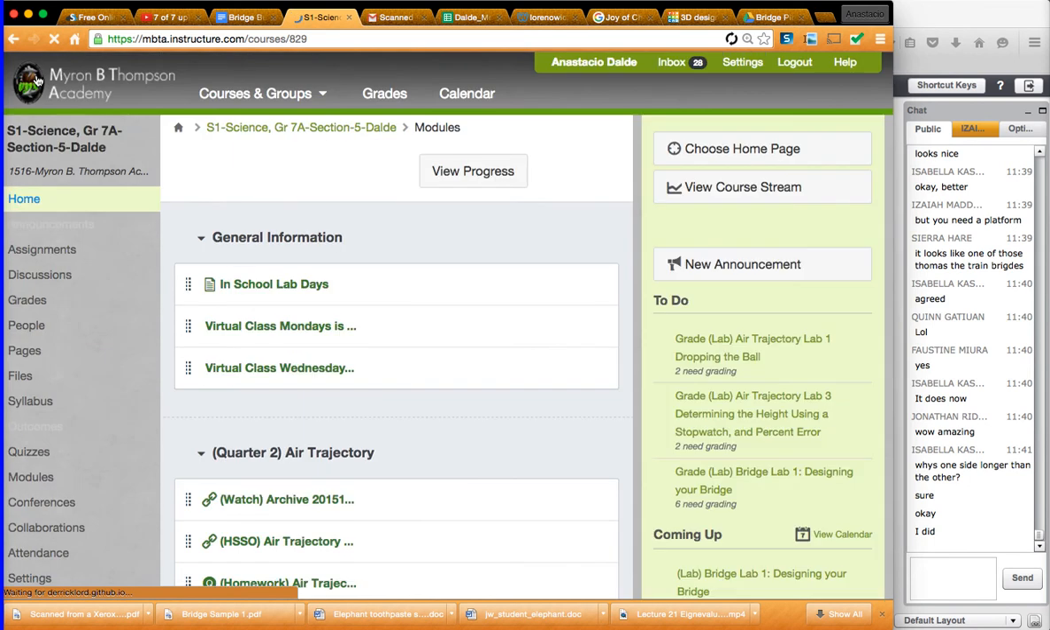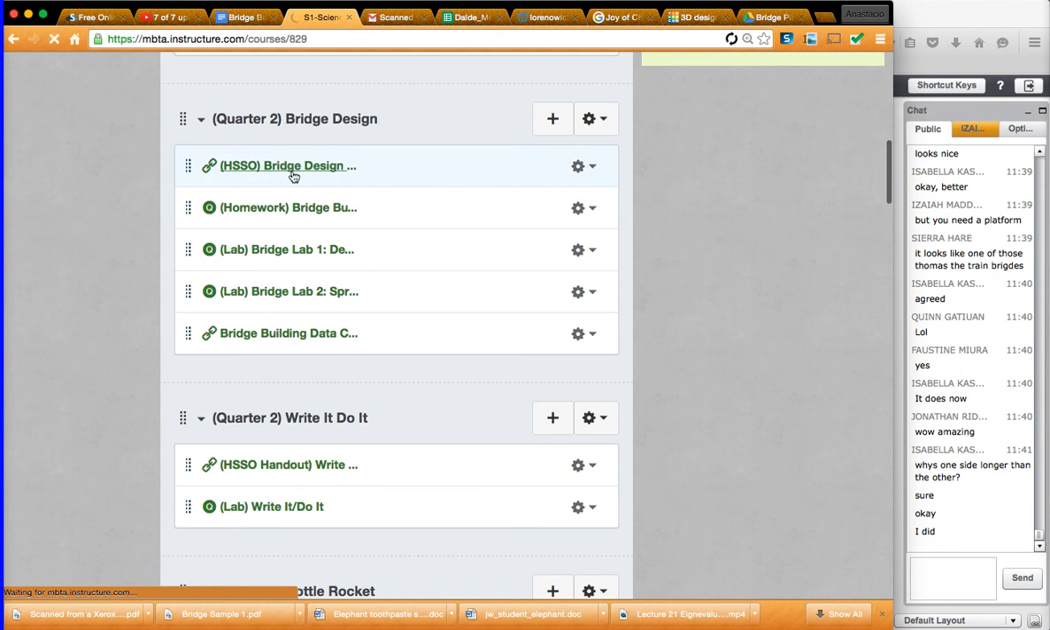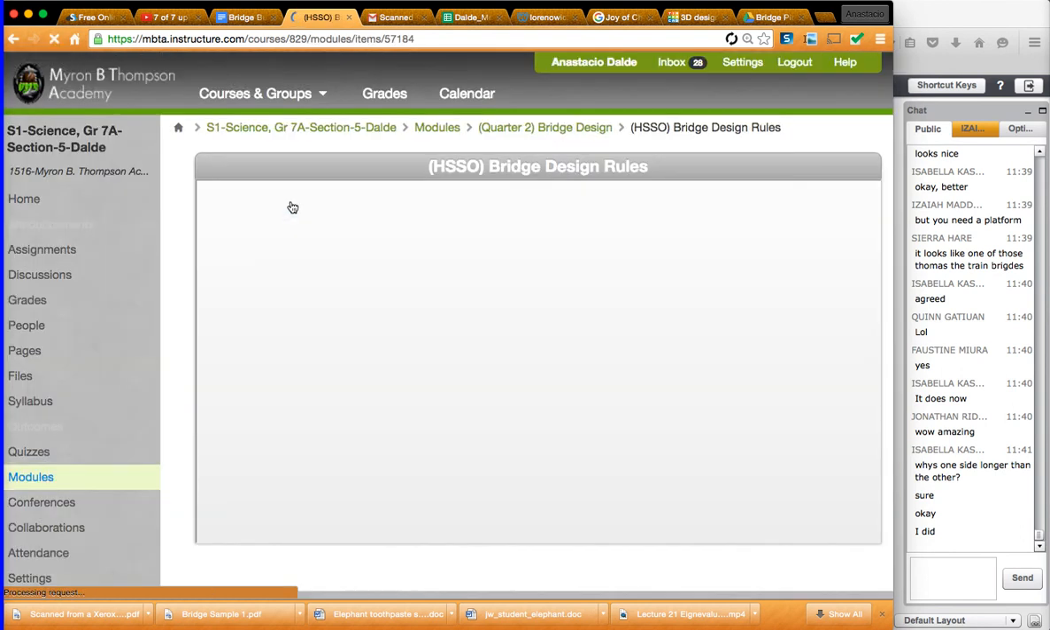Okay. The competition directions are right here. Bridge design. In fact, I even have you do a homework on it. But if you look at the bridge design rules,